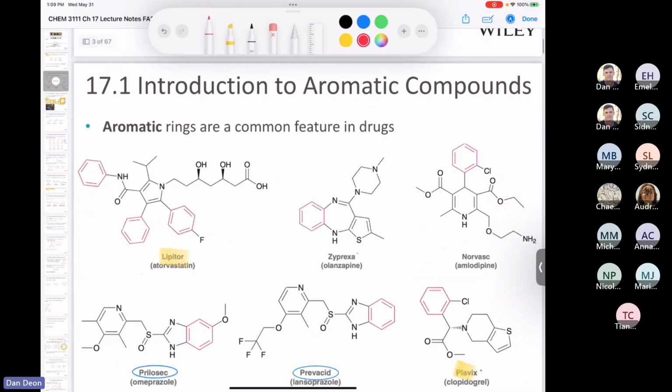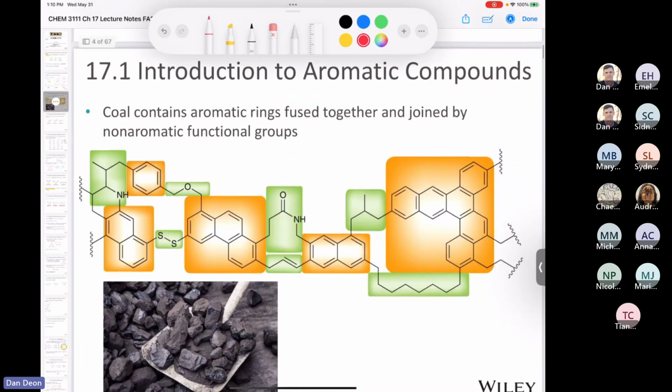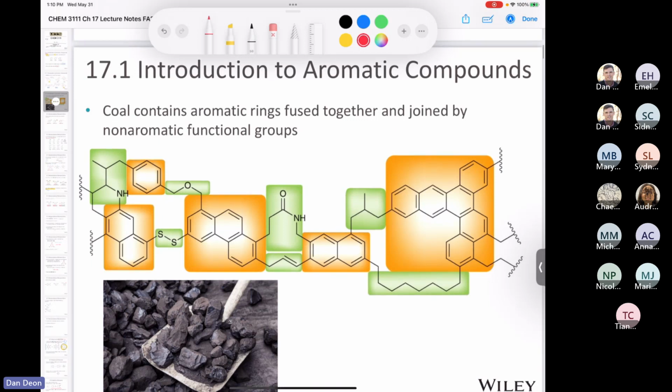I said if you look at the structure of any prescription drug or illegal drug, you'll see that aromatic rings are almost ubiquitous. They're in most types of pharmaceuticals and illegal drugs as well. We talked about how coal, which is found beneath our topsoil, is laden with aromatic rings, and there are other functional groups found in here, but it's largely comprised of fused aromatic rings, so aromatic rings that are